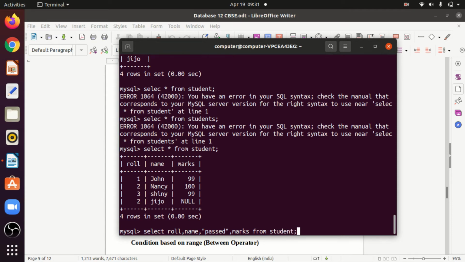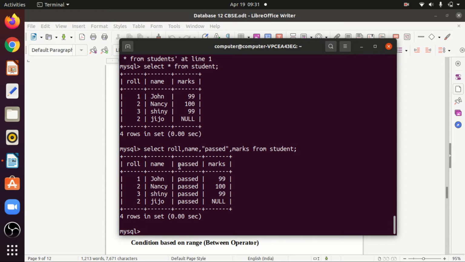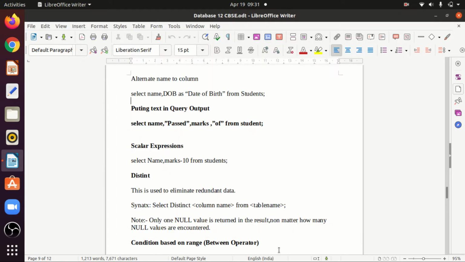See, pass. This text I have introduced. Okay, so I can put a particular text in a particular column, and all the values of that particular column will be the same. That is also possible, putting a text in a query output.